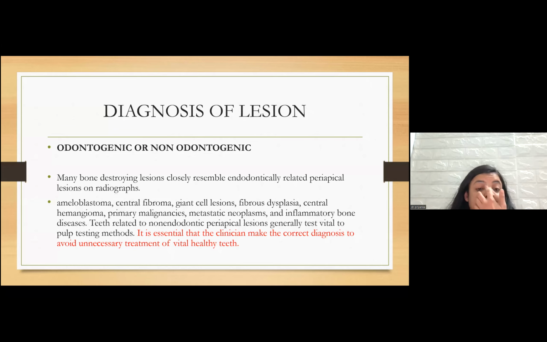Second, we need to take and properly evaluate a proper IOPA. If there is some doubt, we ask the patient to get a CBCT done. After evaluation of the IOPA and CBCT, the main integral part is checking the vitality. When a patient comes with any lesion formation, any abscess, or any pain associated with the lesion, we need to check the vitality. There are plenty of vitality tests, but mainly three are used in normal clinical practice: the cold test, the heat test,